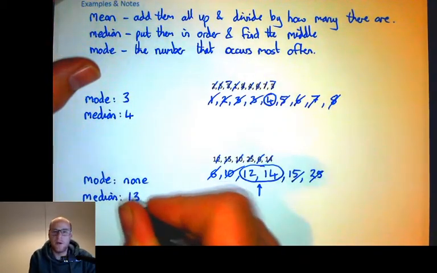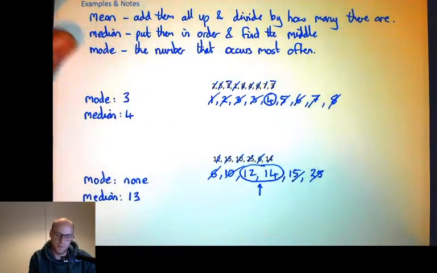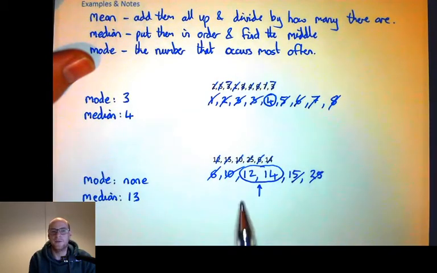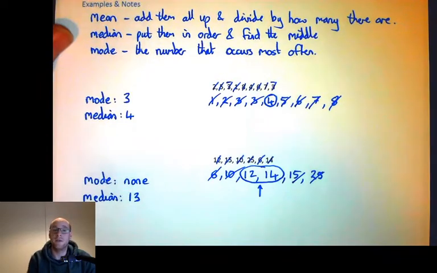If those 2 numbers are quite hard to find the middle of, then what I suggest is you just add them together and divide by 2, and that will find out halfway between the 2. So that's a really quick recap of